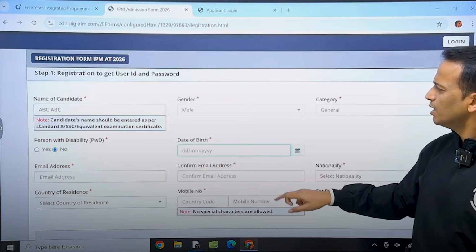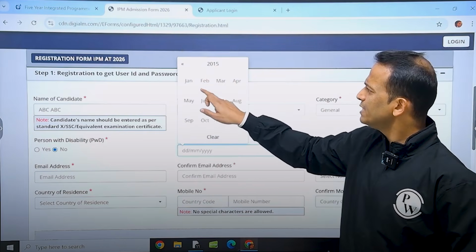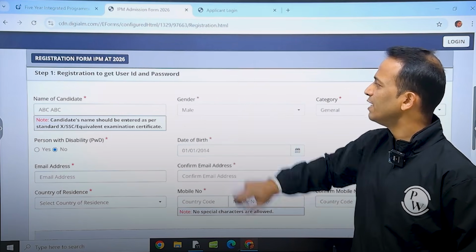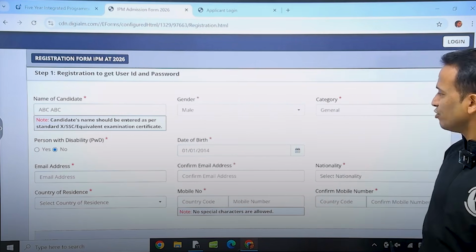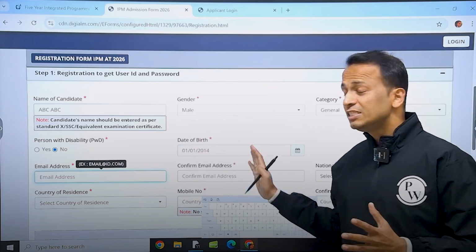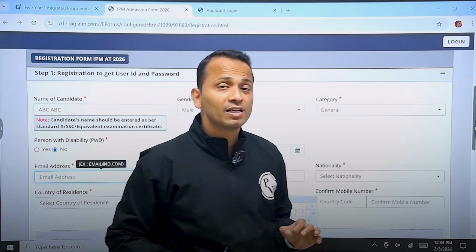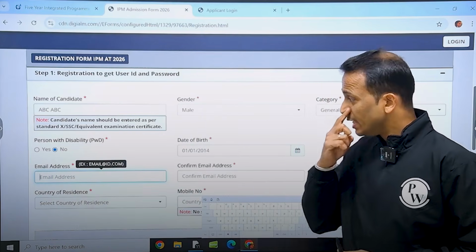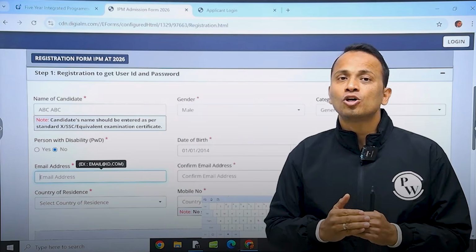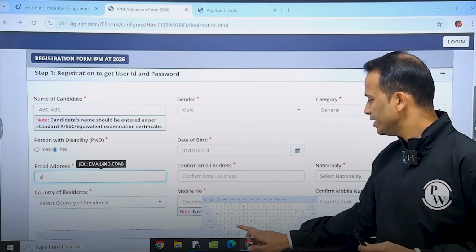Date of birth, so 2006 1st of August के बाद होनी चाहिए. So I'll again select a random date of birth. So let's say 2014 1st of January. Okay, again random date of birth. I'll select an email address. So now ये सारी चीजें मैं रैंडमली फिल कर रहा हूं, आपको एक्चुअल जो भी है आपकी वो फिल करनी है. ठीक है? ओके, ना ईमेल एड्रेस, जो भी आप ईमेल एड्रेस यूज करना चाहते हो फॉर द फर्दर कम्युनिकेशन, यू विल हैव टू फिल इन दैट ईमेल एड्रेस. सो आई एम फिलिंग इट रैंडमली,